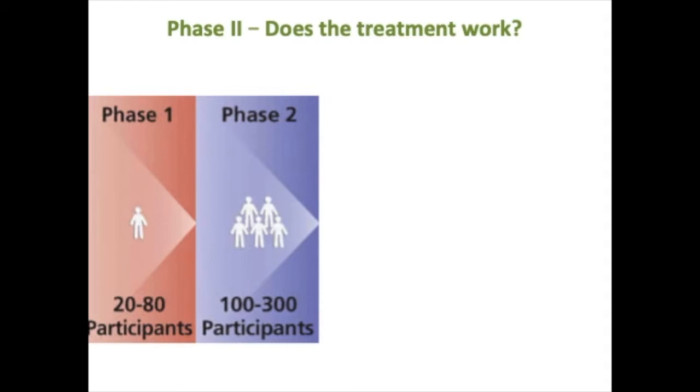The type of benefit or response the doctors look for depends on the goal of the treatment. In some studies, the benefit may be an improved quality of life. Many studies look to see if people getting the new treatment live longer than they would have been expected to without the treatment. The key points of Phase 2 clinical trials are: usually a group of 25 to